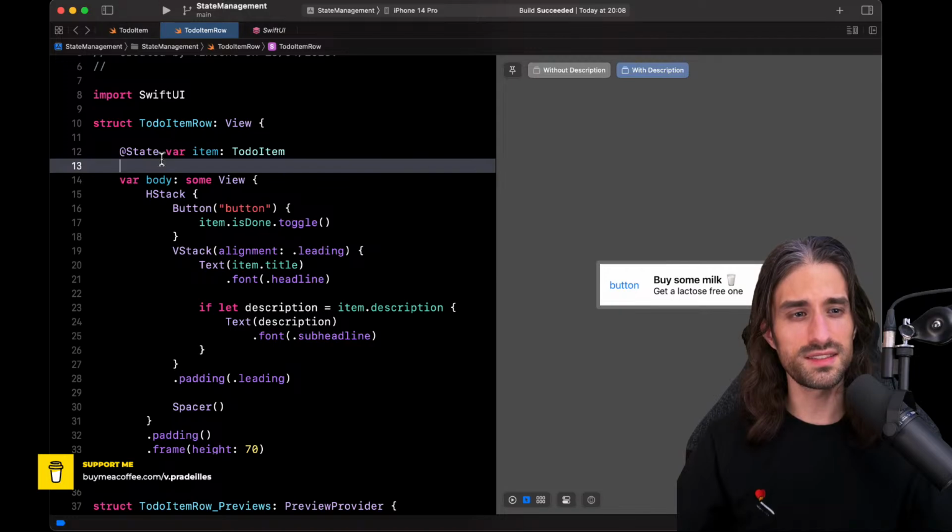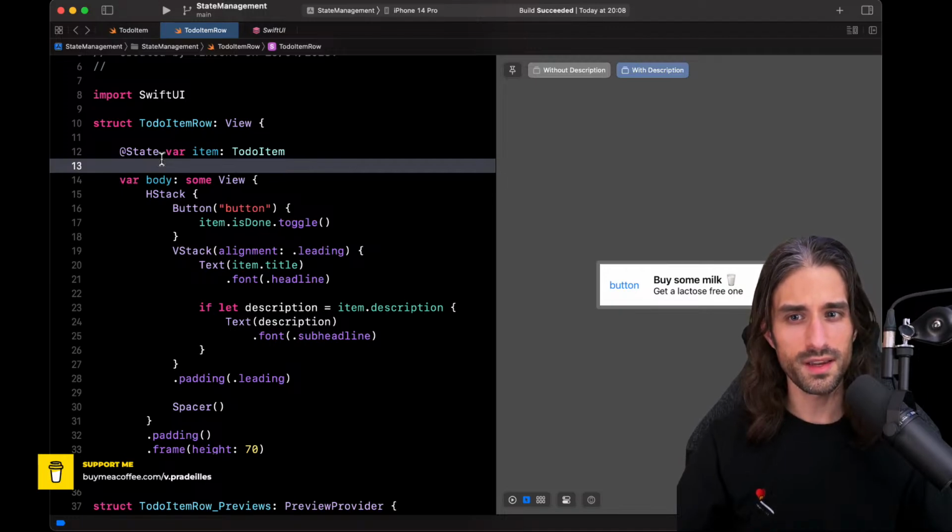We will use it inside a list, and so it's much more likely that the list view will own an array of data, an array of to-do items, and then it will simply lend a to-do item to each of the rows in the list.